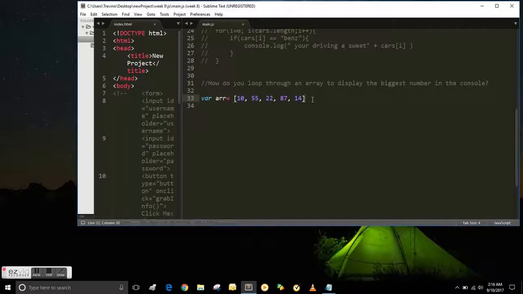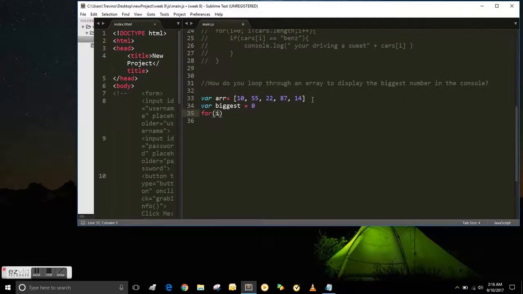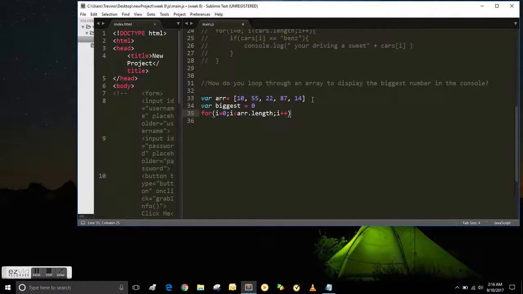All right. So let's take a crack at it. First thing we're going to do is create a variable called biggest and give it a value of 0. Then we're going to create the for loop. And as always, the for loop starts with i equals 0. i is less than array.length, because you want it to loop through the array that you have there. And you want to say if biggest is less than